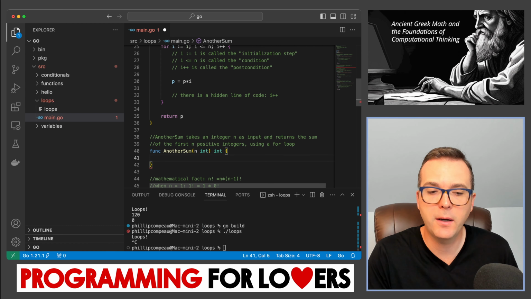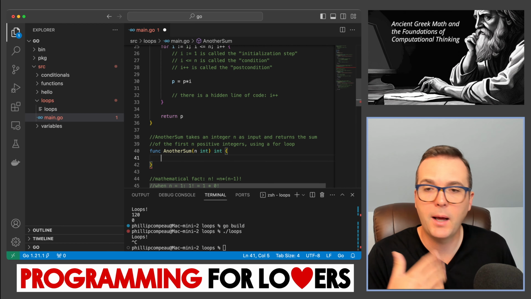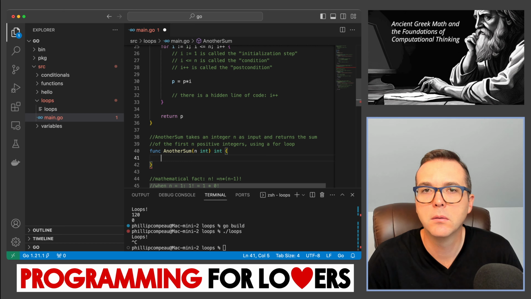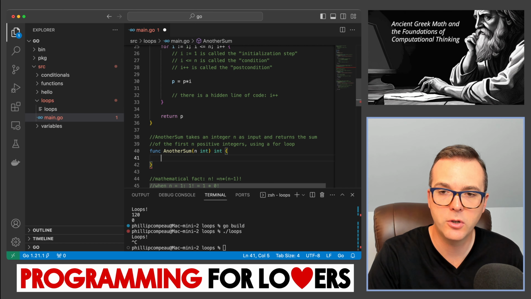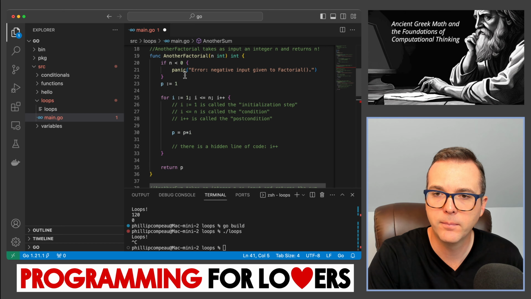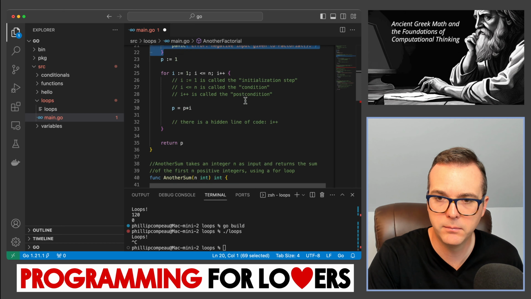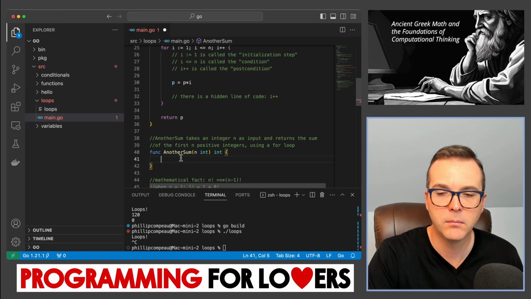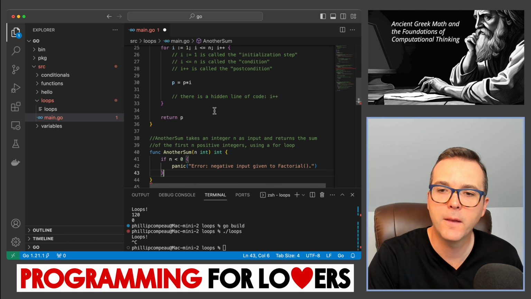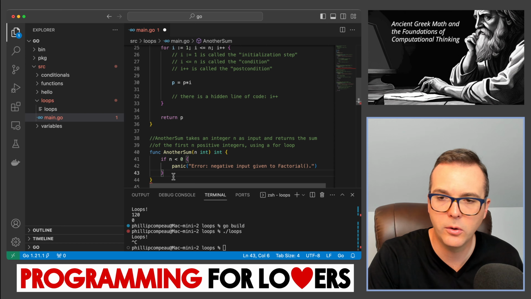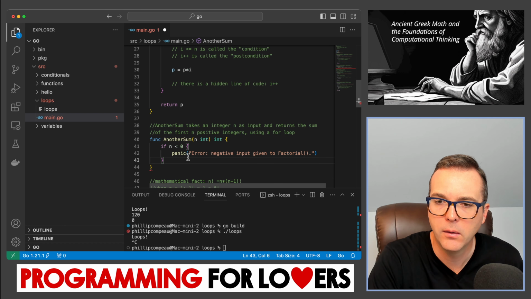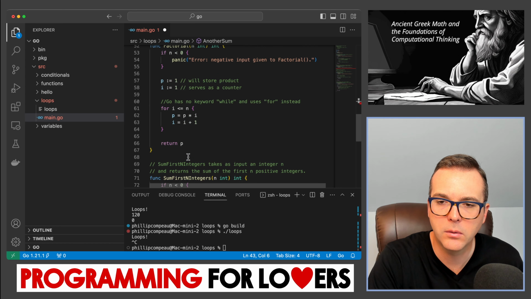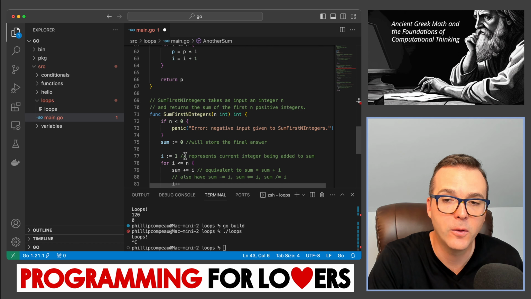It's going to return an integer. And I'm going to continue writing this function, but I would suggest to you, give it a shot. Feel free to pause. And in the meantime, I'm going to continue on and show how to write this function. So the first thing that we want to do is to have our panic statement. And then the next thing we want to do, in the same way that we did for our previous sum function, which I hope you have contained in this file if you followed the previous code along,